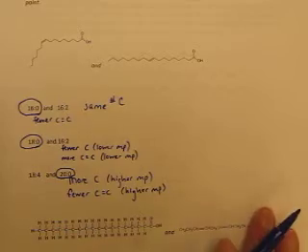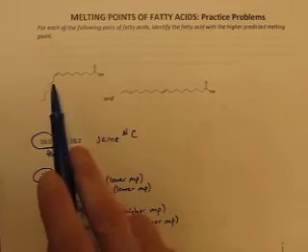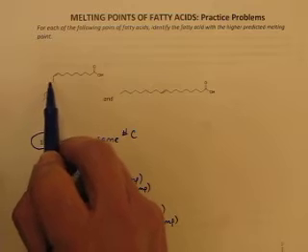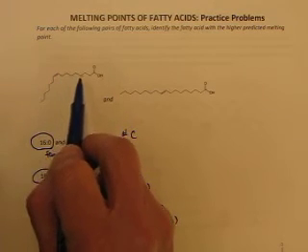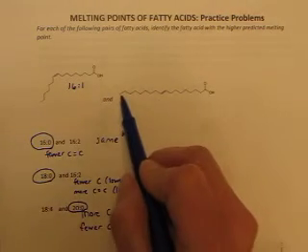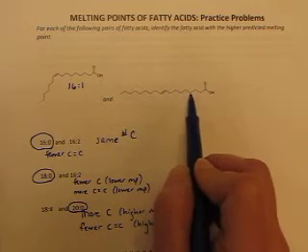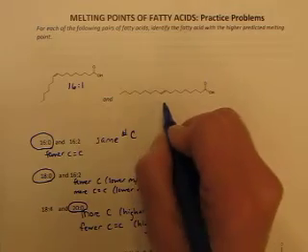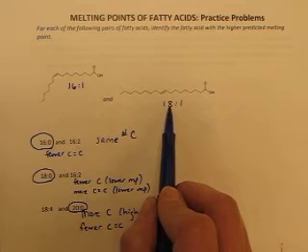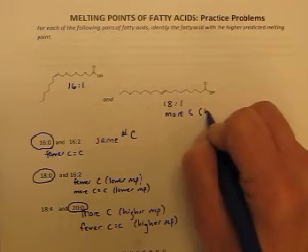The final one that we want to take a look at, we'll be looking at how these happen later, but for right now we'll just look at the shape. This fatty acid right here has 1, 2, 3, 4, 5, 6, 7, 8, 9, 10, 11, 12, 13, 14, 15, 16. 16 carbons, 1 double bond. How about this one? 1, 2, 3, 4, 5, 6, 7, 8, 9, 10, 11, 12, 13, 14, 15, 16, 17, 18, and 1 double bond. We would predict that this has a higher melting point because it has more carbons. So we already can predict that this will be higher melting.